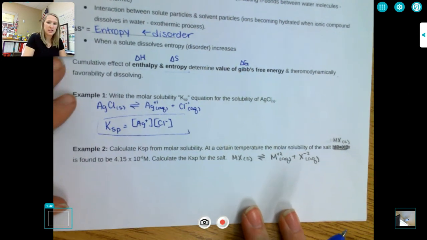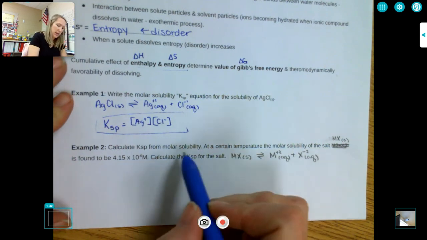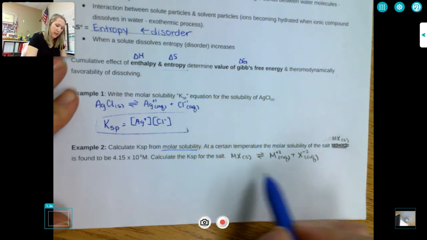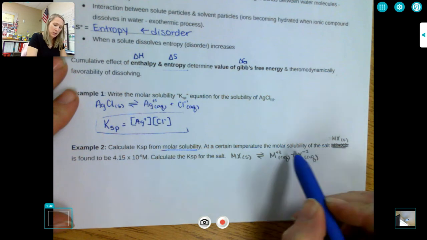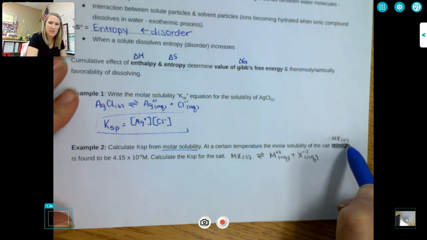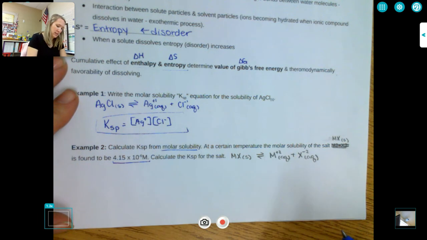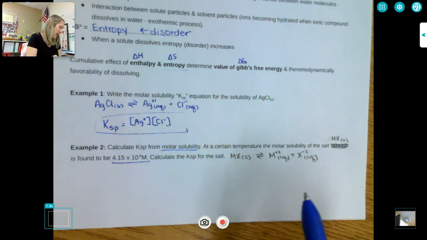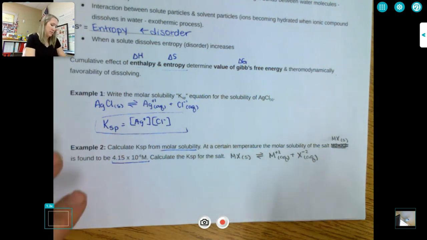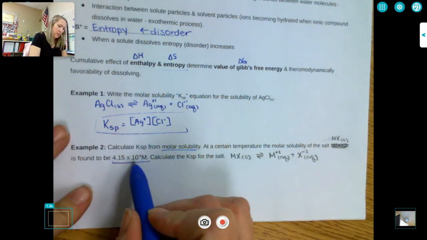Well, what if we're asked to calculate Ksp given the molar solubility? At a certain temperature, we're told the molar solubility of our salt, MX solid, is found to be 4.15 times 10 to the negative 6 molarity. We're asked to calculate the Ksp. So this means that for both of ours to dissolve,